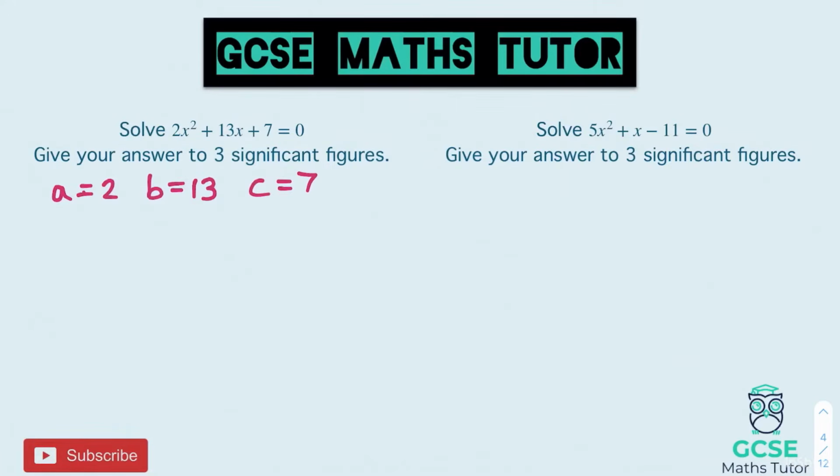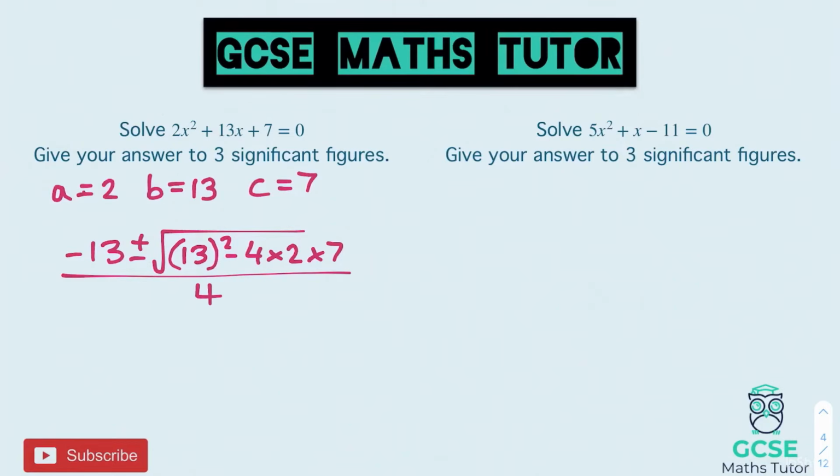And putting that into the formula, we get minus 13 plus and minus the square root of 13 squared minus 4 times 2 times 7. And that's all over 2a, that's all over 4. And let's type this in. So negative 13 plus the square root of 13 squared, take away 4 times 2 times 7, and that's all over 4. Press equals, and we get our first answer here, and this is for our positive value,